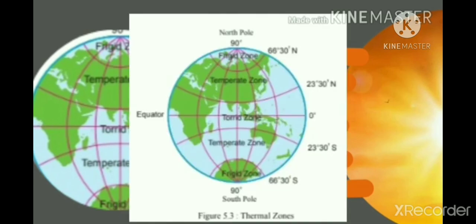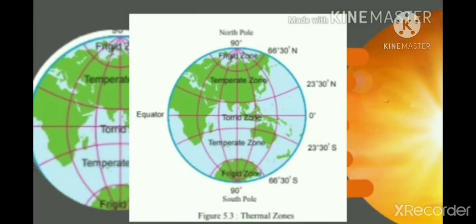The sun rays falling on the earth are straight and parallel to each other. However, we have seen that due to the spherical shape of the earth, the resultant curvature of the surface occupies a larger or lesser area. This leads to unequal distribution of heat received from the sun, resulting in decreasing temperature from the equator to the north poles. Based on the distribution of the temperature, the earth can be divided into torrid, temperate and frigid zone, or tropical, temperate and polar regions. Try to understand this from this figure.